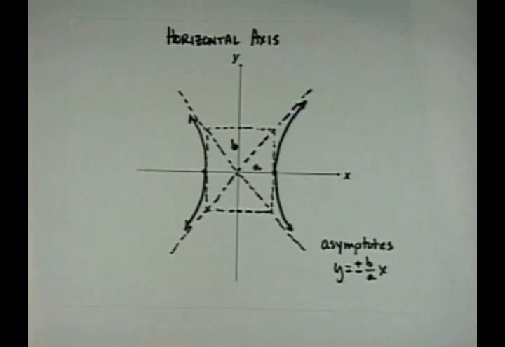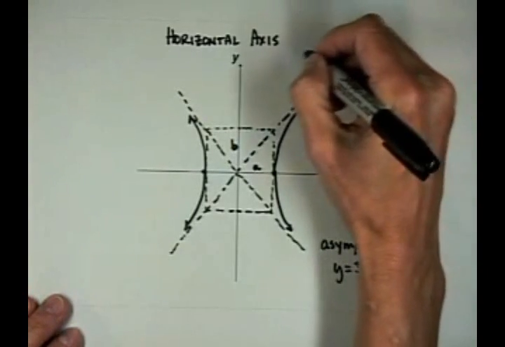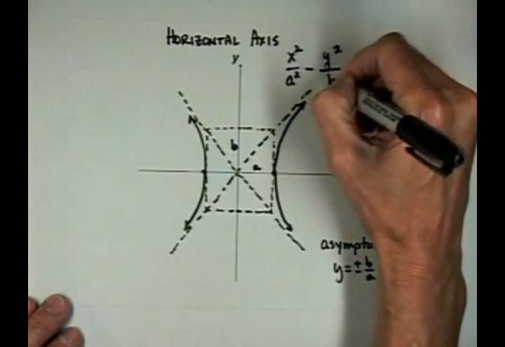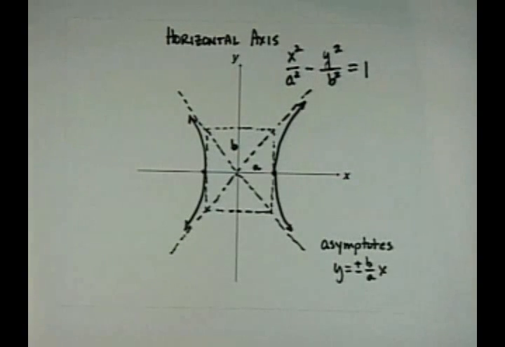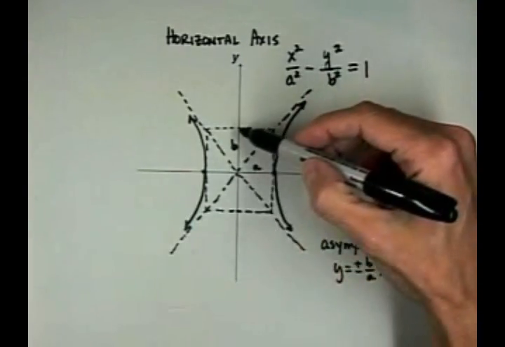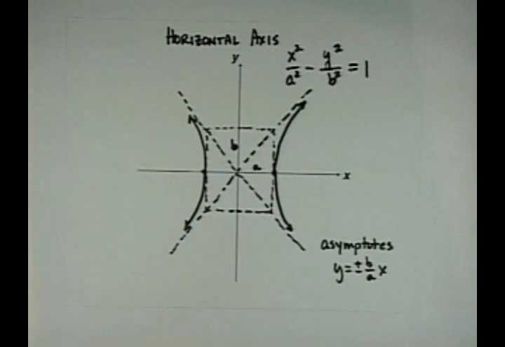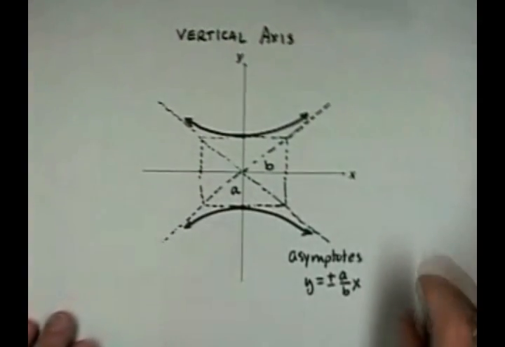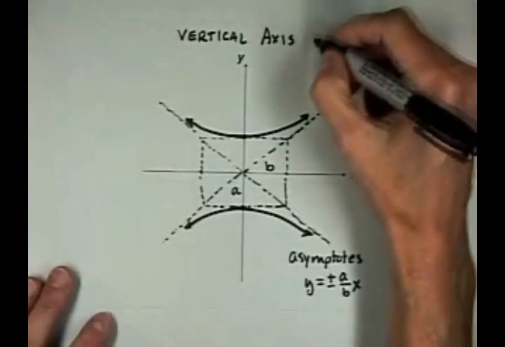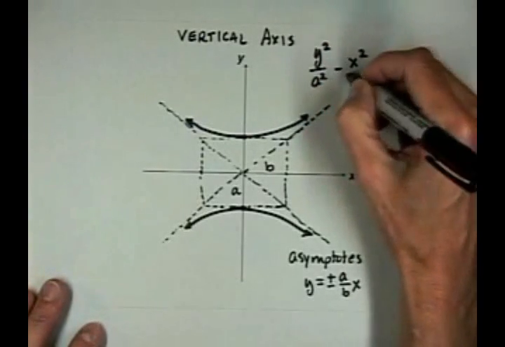That shows up in the equation in this way. This particular hyperbola's equation starts with an x squared over a squared minus y squared over b squared equals 1. The equations of the asymptotes are positive and negative b over a times the variable x. Compare that with this hyperbola that has a vertical axis. The axis is vertical. The equation of this hyperbola is y squared over a squared minus x squared over b